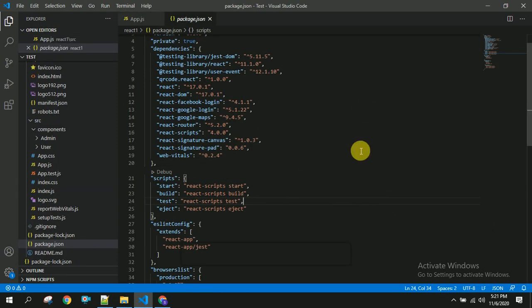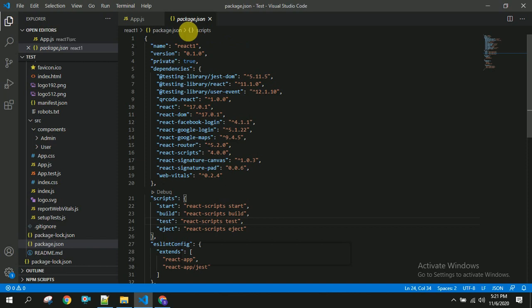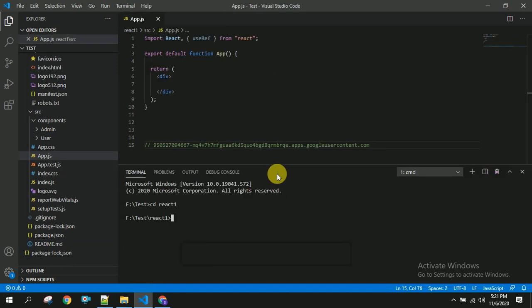Our command got successfully executed. You can check in the package.json here, react-google-login. So I'm opening my terminal, and now you have to write your code here. Before that I am executing my application. I am starting my application using npm start.